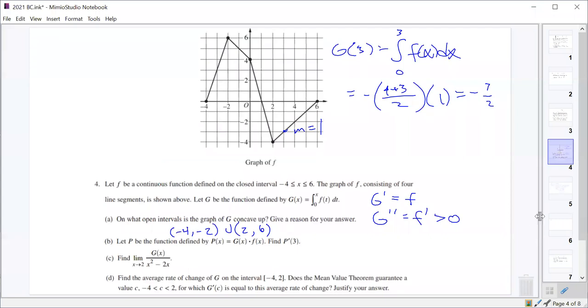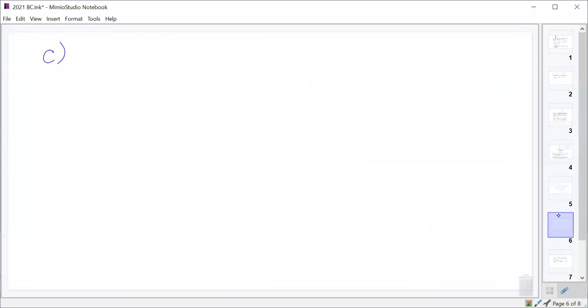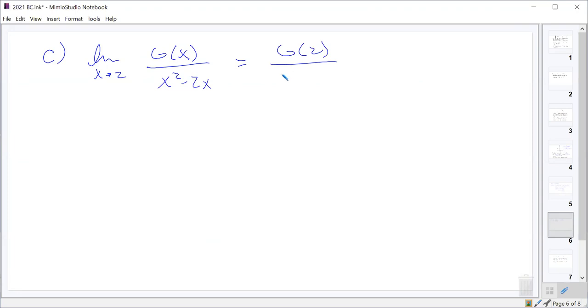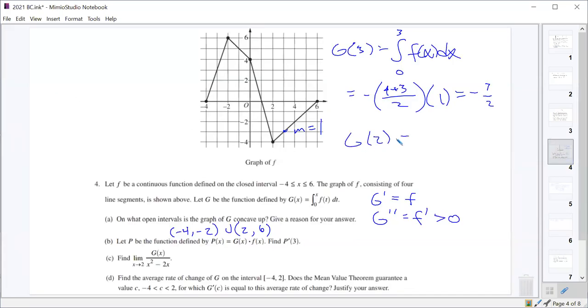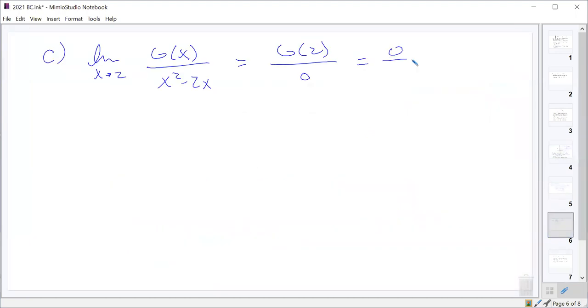Find the limit as x approaches 2 of g of x over x squared minus 2x. So g of x over x squared minus 2x. That should be g of 2 over 0. If we go back and look for what is g of 2, that's the integral from 0 to 2, which is 0, right? We said those little triangle pieces already cancel out. So this is 0 over 0, which tells us this is indeterminate, which tells us we should use